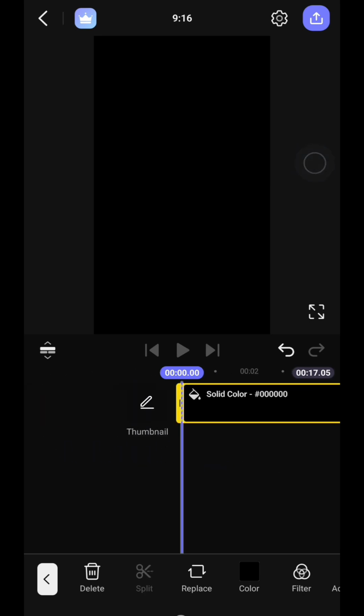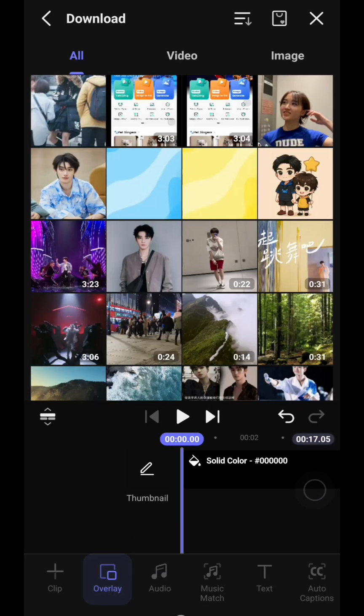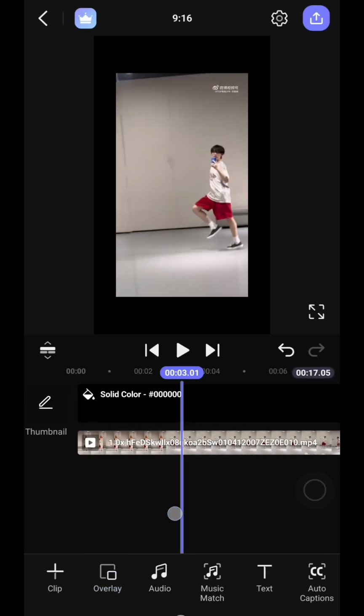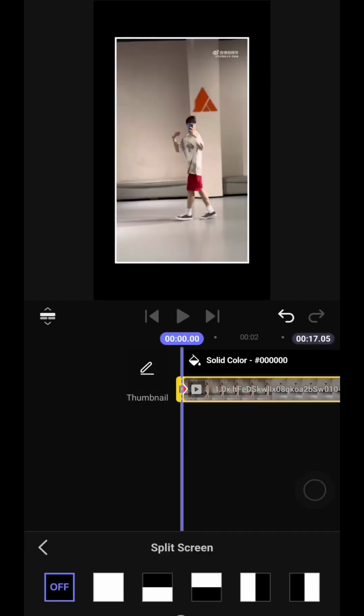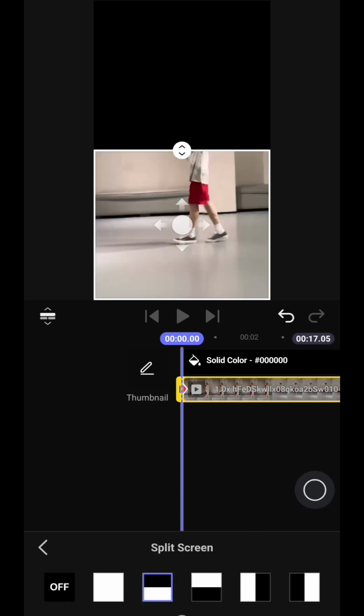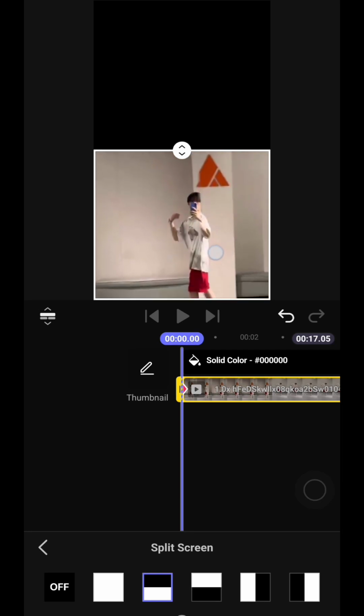Now just import your first video as an overlay. Just go to overlay, this one, and then import your video like this. And then just go to split, this one, split screen. Just tap on it and then choose the type of split that you want. For example, I will select split bottom, this one, and then just adjust the positions until it looks perfect, maybe